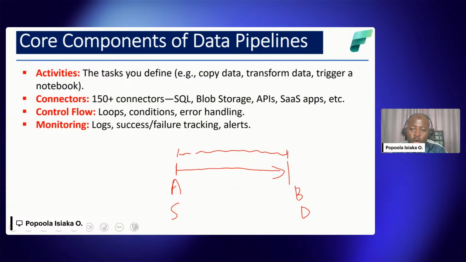Then we also have what we call monitoring. Under this, we are looking at different logs. We can check the sources and track failures. For instance, if there is a process that needs to be completed before another one is executed, we want to check whether those operations were successful. Because if the first stage operation is not successful and we have said that the output of the first stage should go to the next stage, of course there will be failure at the second stage because the first output has not been generated, so there couldn't be any input into the